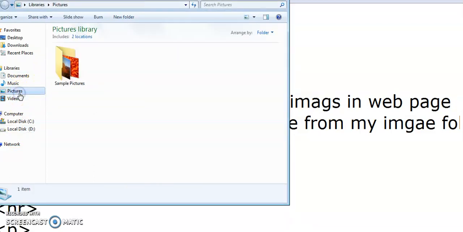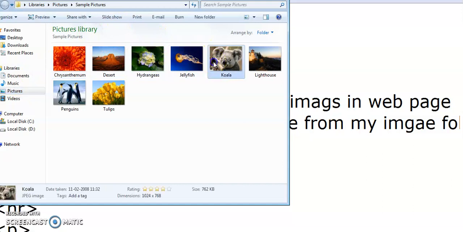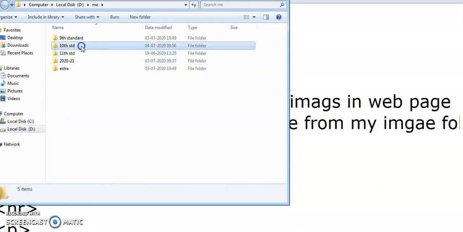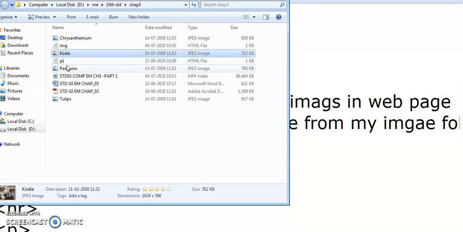See, this is my picture folder of my system. I took a cola picture, a penguin picture and a jellyfish, which we already saw in the last demo. These 3 to 4 images I put in my folder. My folder name is 10th Standard Chapter 3. See, this is cola, penguins and tulips.